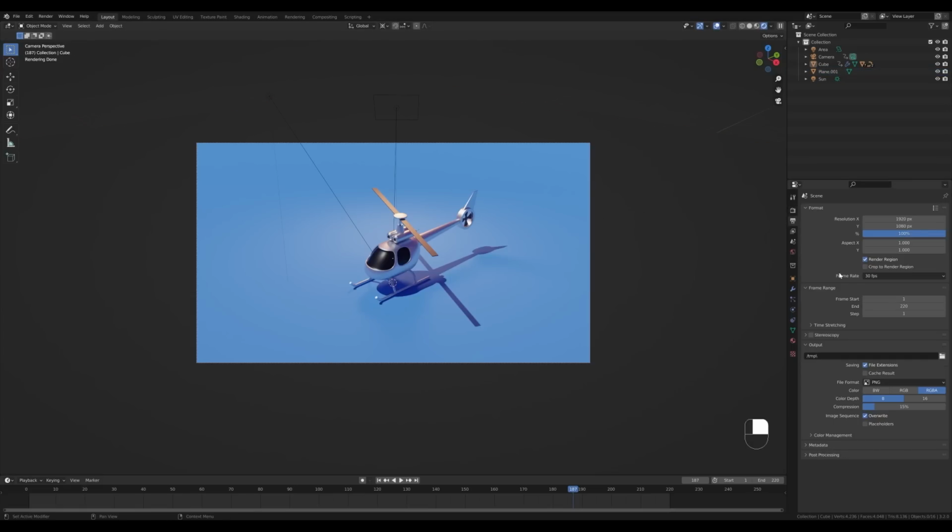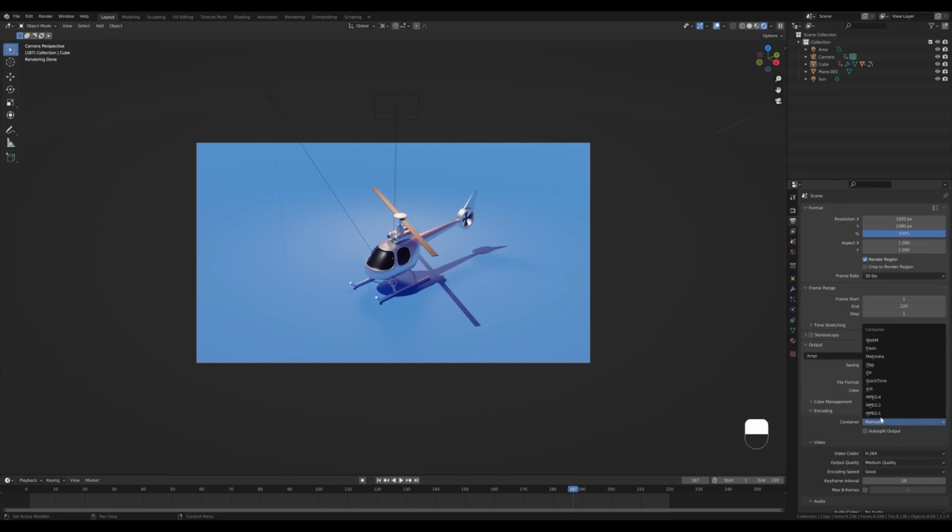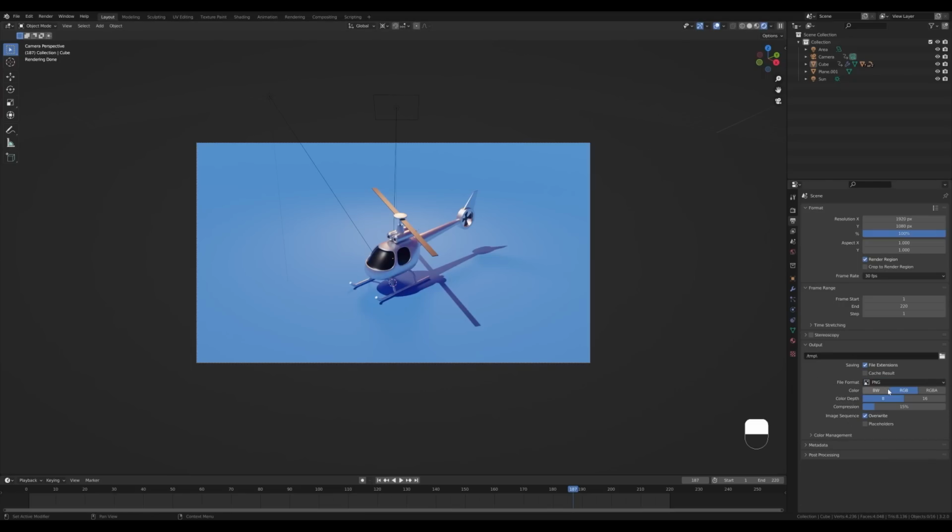And for the rendering, just go into the output settings and choose some folder here, and then switch from PNG to FFmpeg and choose encoding, for example MP4, and just hit Ctrl F12 or go render animation, and you should have your file ready. If you're worried your PC will crash, then leave this as PNG and it will render out the whole PNG sequence that you can compose later in some editor. So that's it for the quick little helicopter animation.